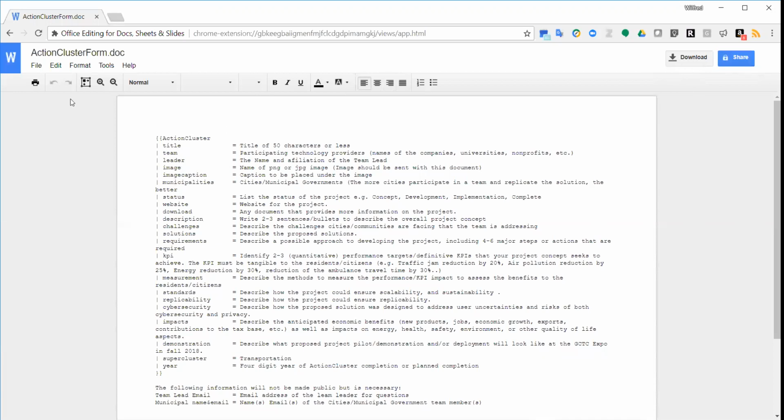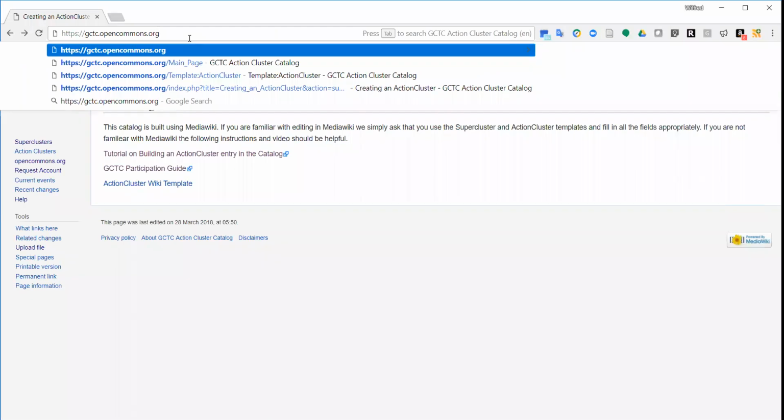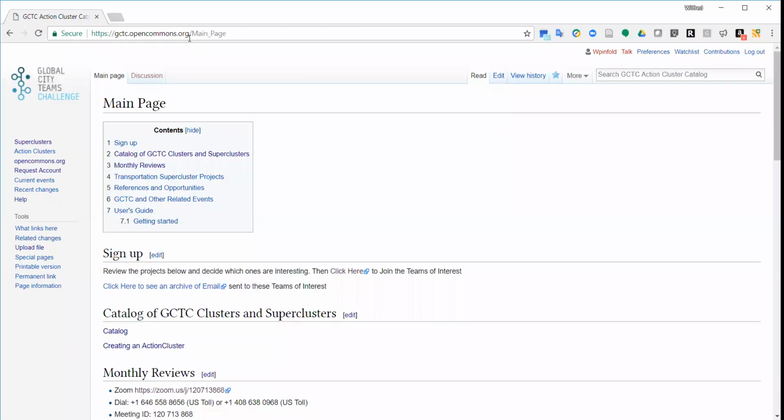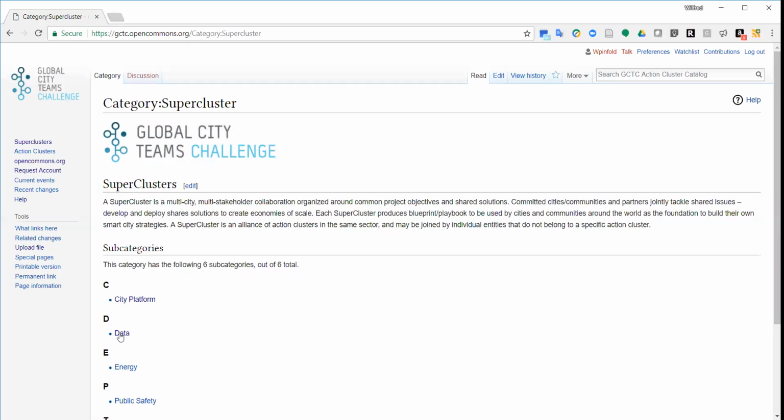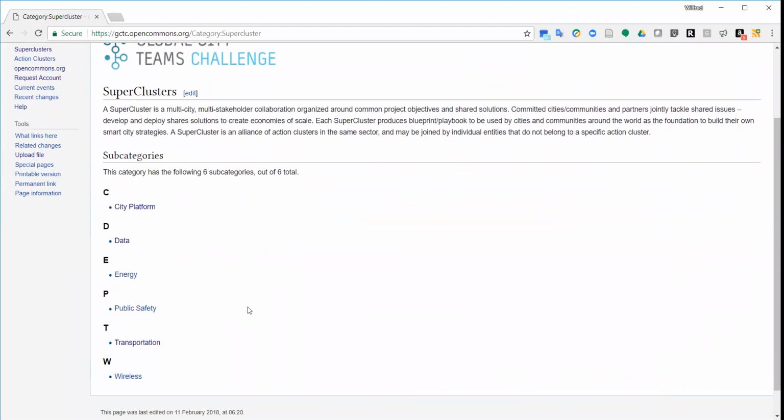But download this for now. And then let's go back to the main, back to the catalog. So if we go back to the gctc.opencommons.org page and come back down here and link into the catalog, you can go and have a look at the catalog. So the catalog lists, its main page lists the superclusters, and